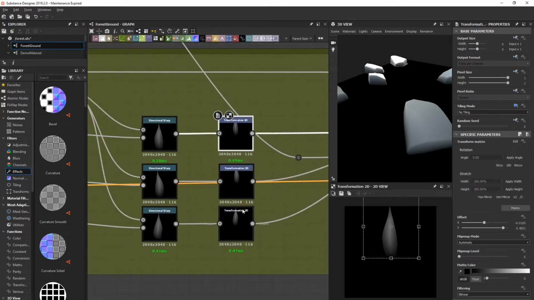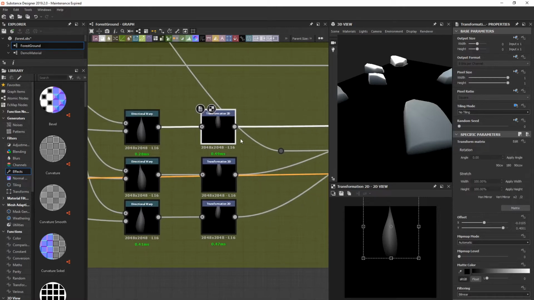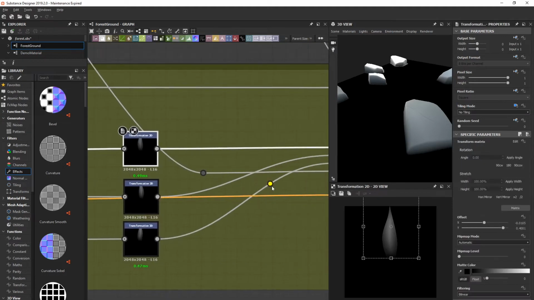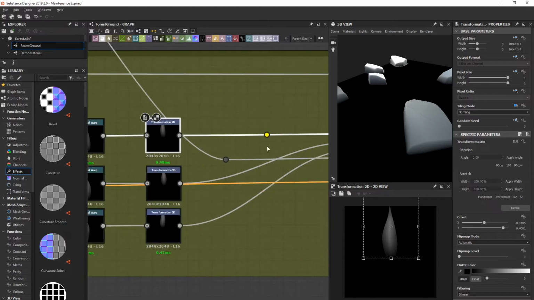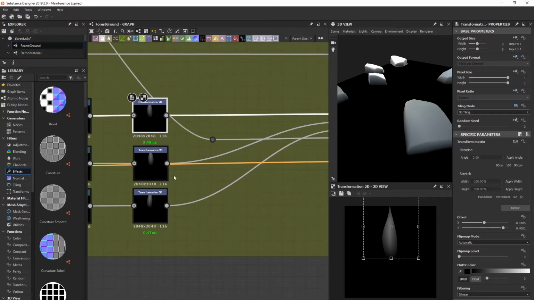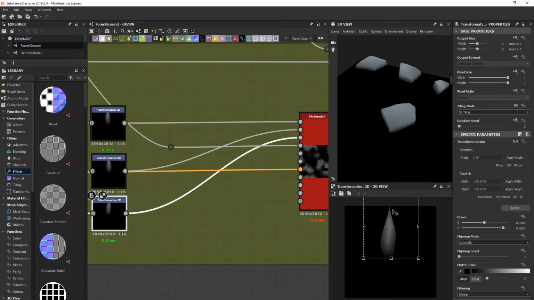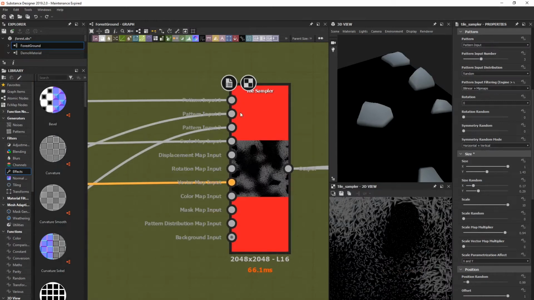And to make sure this grass is growing properly on the ground, a trick that you have to use, once you've done that, it's not finished yet, is to make sure it looks like the grass is growing from the ground. You want to bring the bottom almost at the center of this square, and the same on this one and this one. Make sure you don't cut the top of the shape. So once you bring these grass patterns